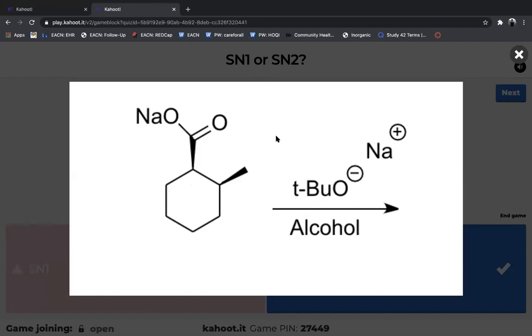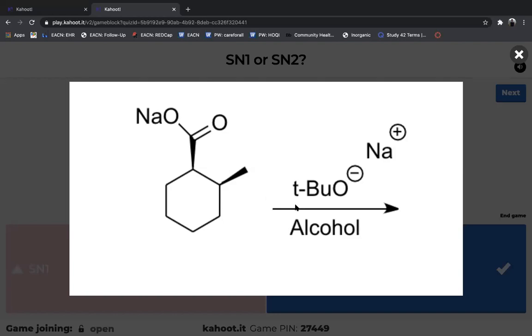Now, if you guys were remembering from last class, what is our rule, Hofmann or Zaitsev, for this specific example that we're going to follow? Somebody want to put it in the chat? Hofmann, yes. Okay, awesome. So we normally think to do Zaitsev because that would be the more substituted position,